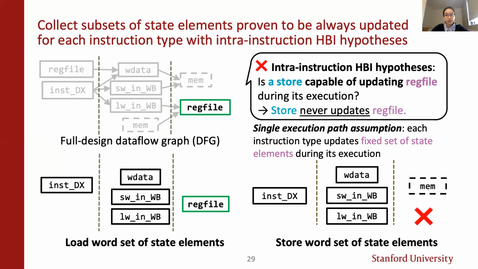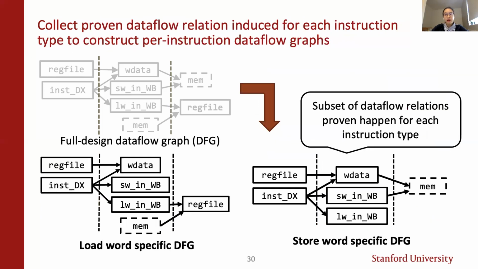We do so for every node in the forward design DFG for each instruction type, so that we have a subset of state elements proven to be always updated during its execution. Implied by the design DFG, we can then include edges if both ends are in the per-instruction updated set of state elements. Subsequently, we will have a per-instruction DFG, where data flow relations are proven to always happen during